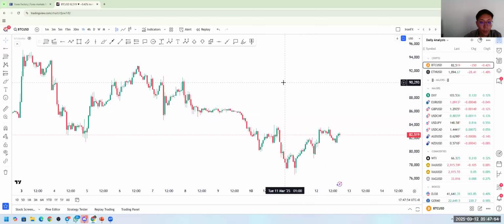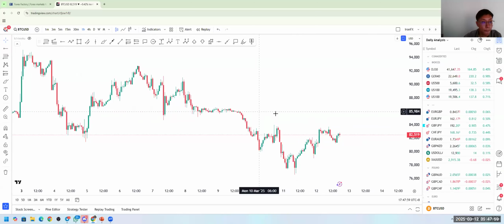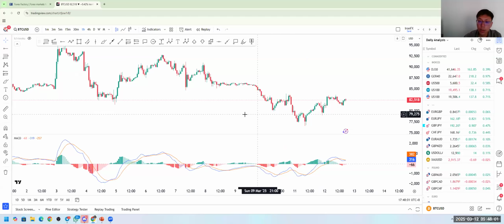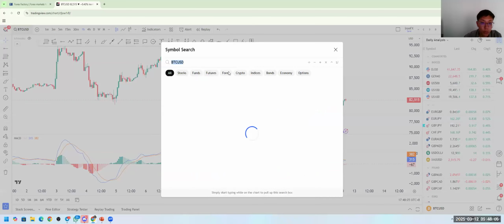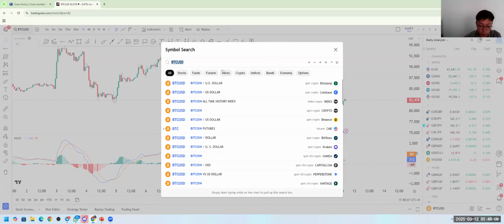Things should be fine. MACD is pretty simple and straightforward. Honestly, I feel that MACD is better than RSI. But if I were to show you how to use it for stocks,